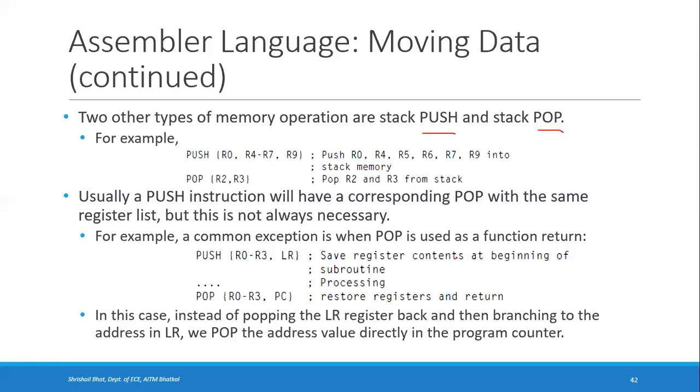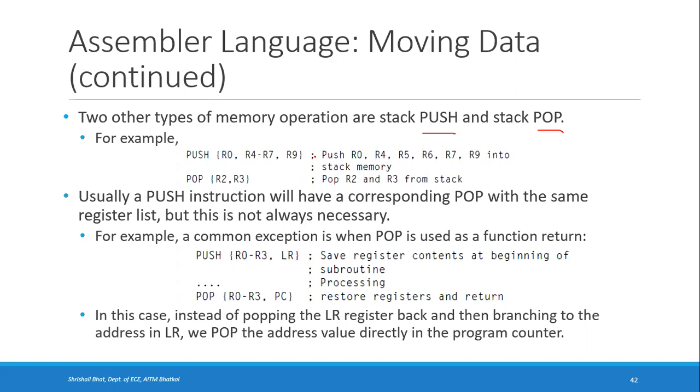Sometimes while performing some operation, you need to store the contents of R1 and R2 into the stack. You can push R1, R2. While popping, you need to pop in the reverse order. You should pop R2 first, then R1. But suppose you are using sequences, like if you have three registers, R1 to R3, and you pop R1 to R3, it will be copied in the opposite order.